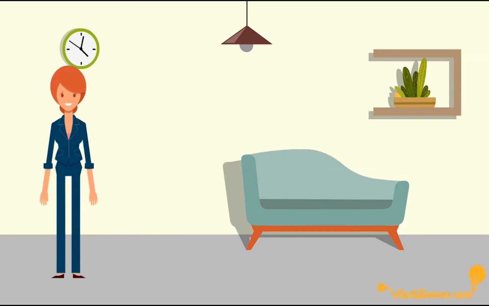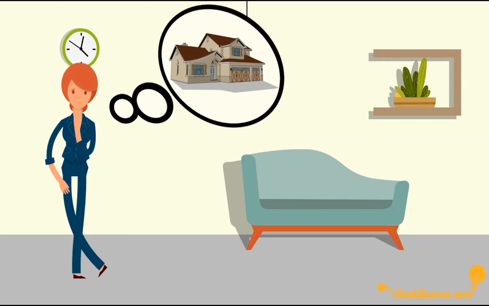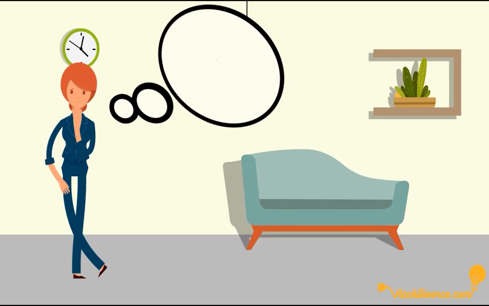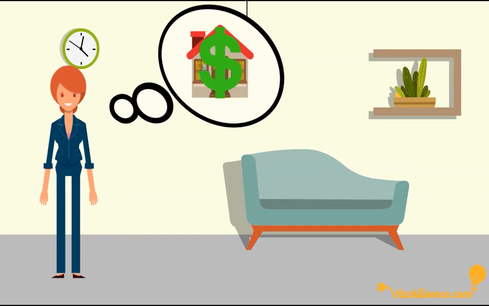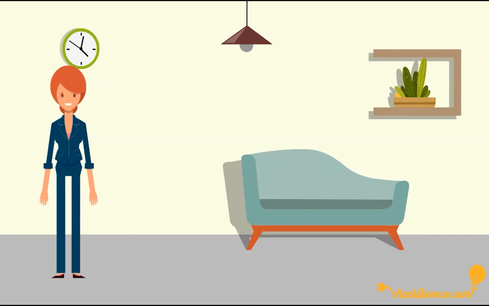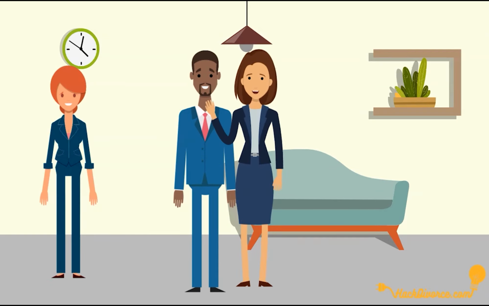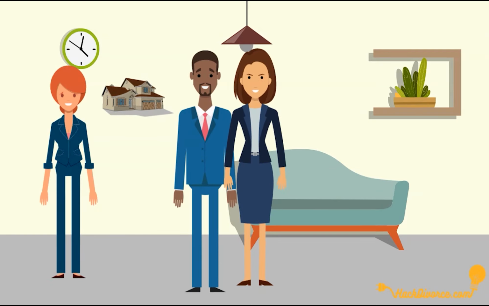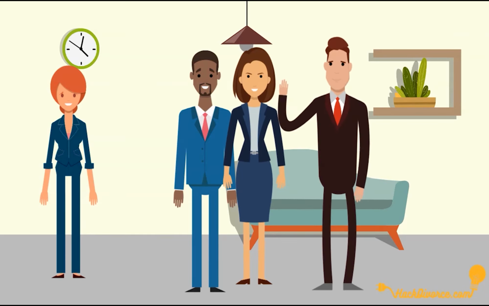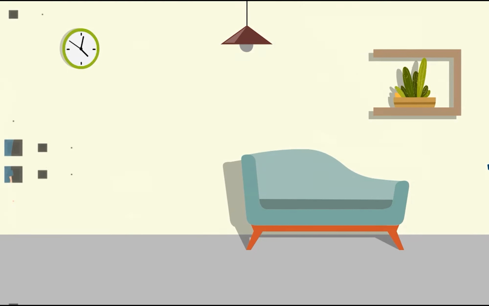So, for example, if a long-term goal is to be living in a house that's paid off in 20 years, your short-term goal might be to sell the house you're currently living in and put the money in a short-term investment while you live in temporary rental housing. A mid-term goal in all of this would be to get a good real estate agent and a mortgage broker who will partner up with you to help you find the home you want at a price you can afford. You might also want to find a good financial advisor who can help you pave the path to achieving your financial goals along the way.